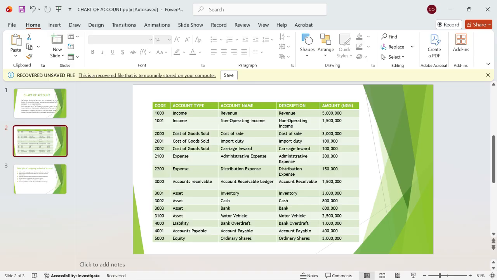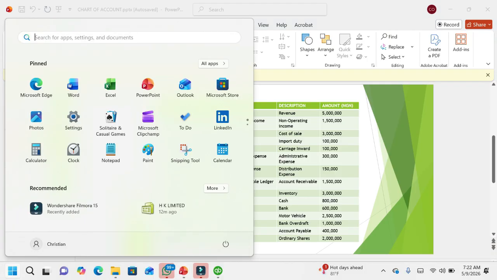You understand? Because of space, I would have shown you how you can add it here, but don't worry, in the course of this training, you will get to understand how you can create a sub ledger to a general ledger. So that is basically what you need to know about the principles in designing a chart of accounts from scratch. Having understood this, let's look at how I'm going to set up a chart of account from scratch for HK Limited using QuickBooks Desktop. What I will do right now is log into my